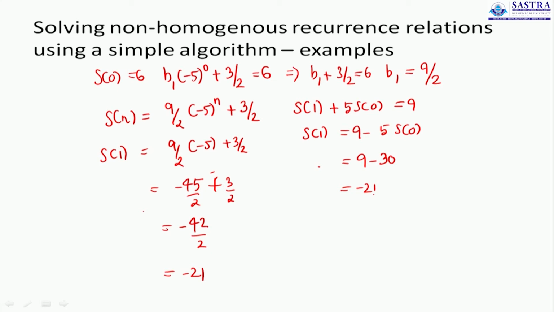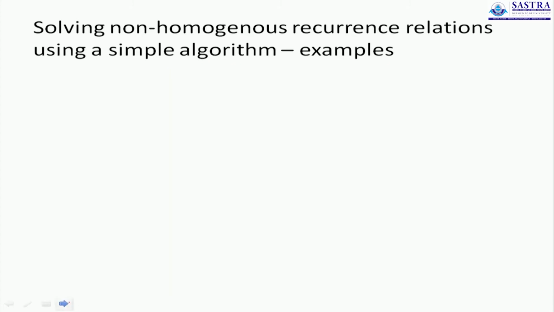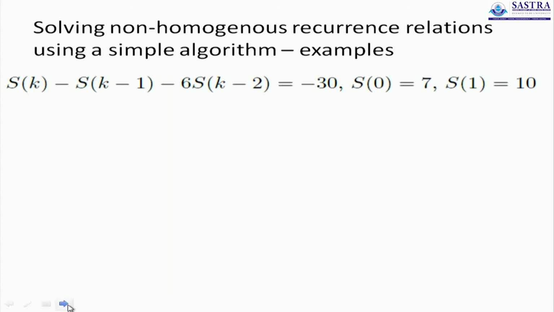We have obtained the same answer by using the solution we obtained and also by using the question that was given. Both answers do match, which means we have actually solved the recurrence relation perfectly. We will just solve one more problem to make you familiar with this approach of solving a non-homogeneous RR.